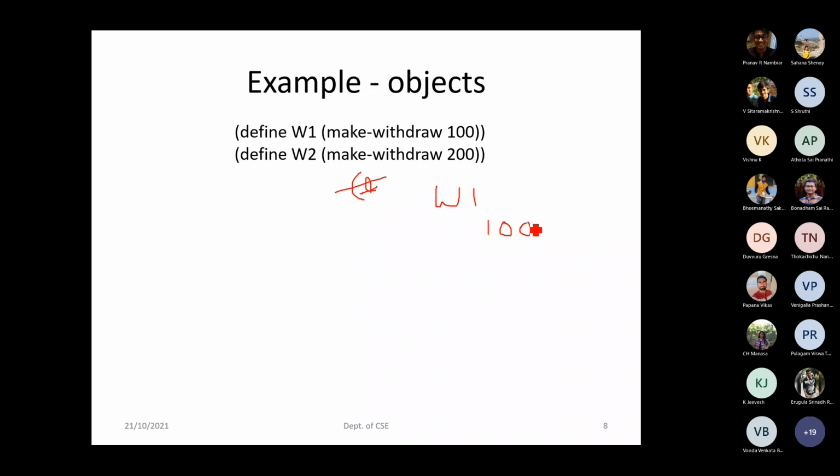Same thing here also. Under this variable name W1, right now we have discussed only the withdraw part. So the only functionality you have is withdraw. Once you say you want to withdraw this much amount, only then will it give you the amount and update the balance. Simply it will not update the balance. Ma'am, yeah, understood.